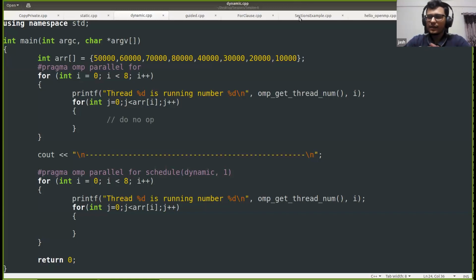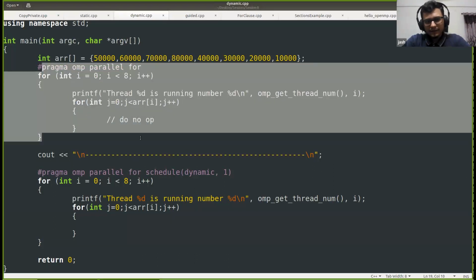If the scheduling was not specified in this case, which is our first case here, what will end up happening is that these 2 expensive operations, which is 70,000 plus 80,000, that is 150,000 iterations, will be assigned to thread 1, right? So this will go to thread 0, this will go to thread 0, this will be going to thread 1, thread 2, and thread 3. So thread 3 will have very little work, and thread 1 will have a lot of work to do. That is what will happen in this case.